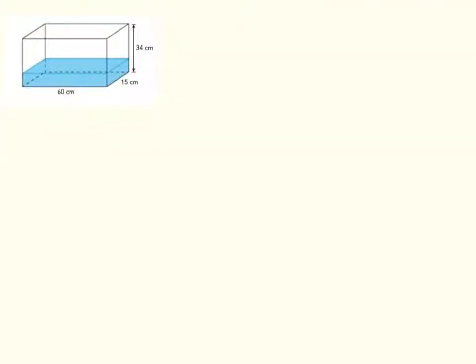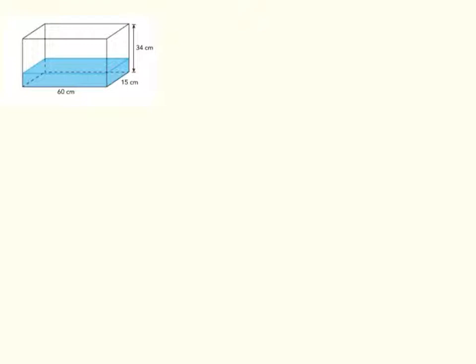Let's begin by solving a word problem about the volume of a rectangular prism. A rectangular fish tank 60 centimeters by 15 centimeters by 34 centimeters is 1/3 full of water. Find the volume of water needed to fill the tank completely. The volume of the water we need to fill the tank is equal to the volume of empty space in